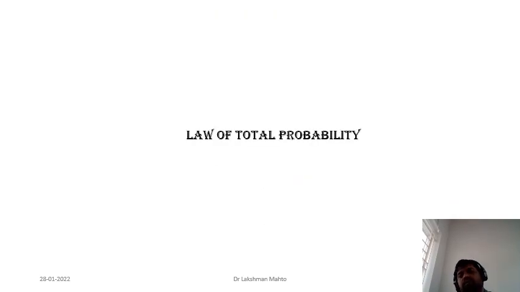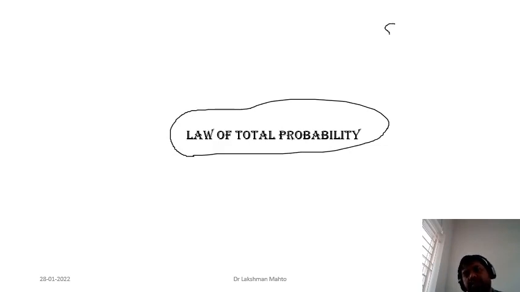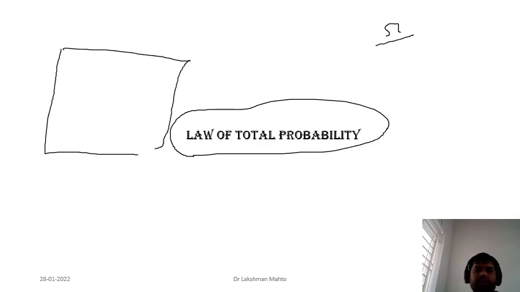Okay, coming to the last part of this lecture, the law of probability. Here I won't go into detail about the law of probability. Today I will discuss the partition of a sample space. If you have a sample space from a random experiment, then easily we can introduce a partition. So I'm plotting a Venn diagram. This is the situation of a sample space due to a random experiment. So the partition would be like this.